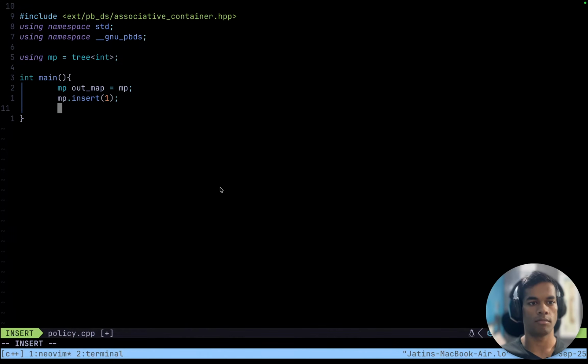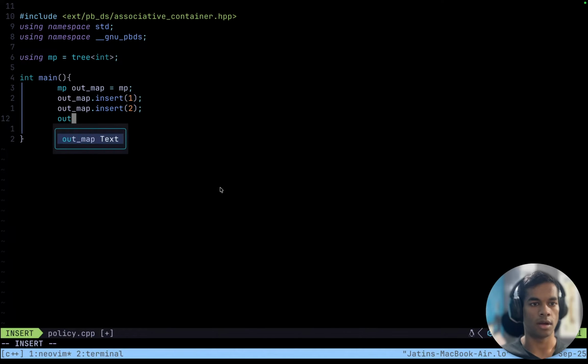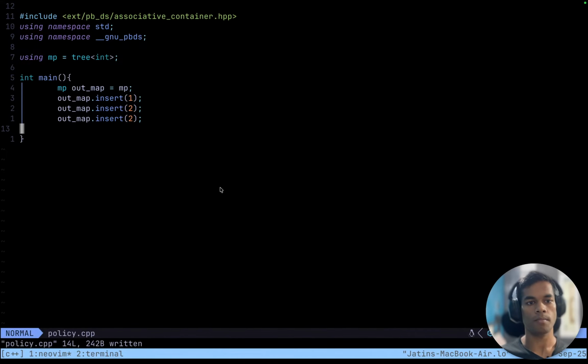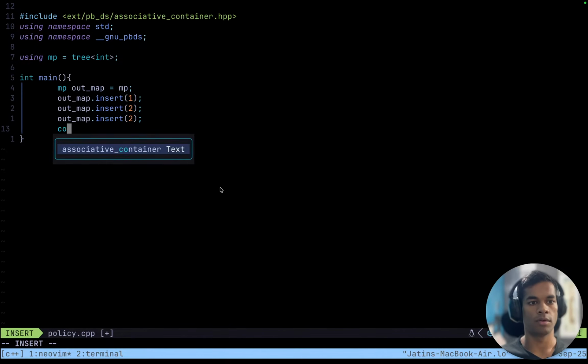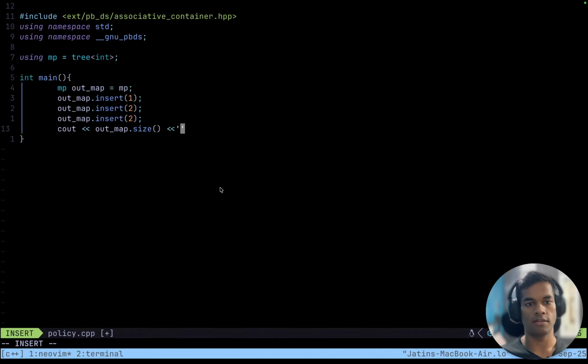Insert one, insert two, and not mp but our map, our map dot insert two, and if we do our map dot size and a new line,